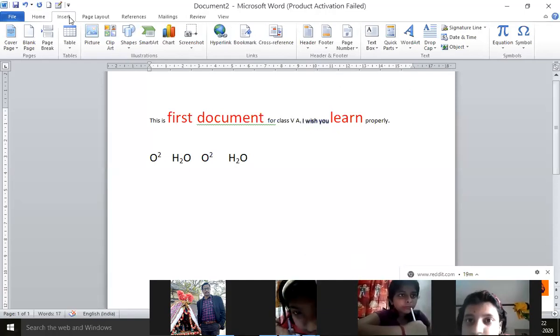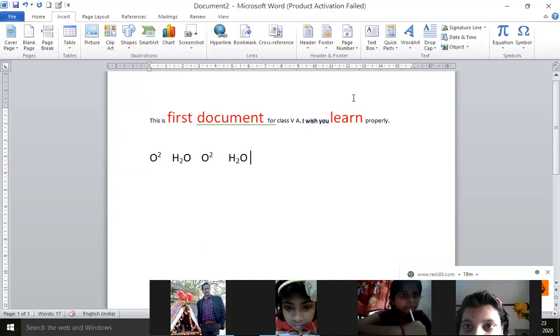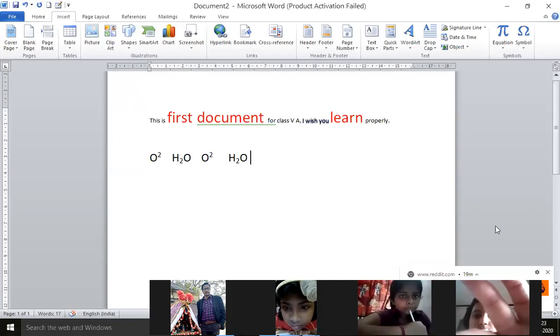What is headers and footers? Let me tell you. Can you see my mouse is moving here? This portion is known as above the document area. This part is called above the document area.